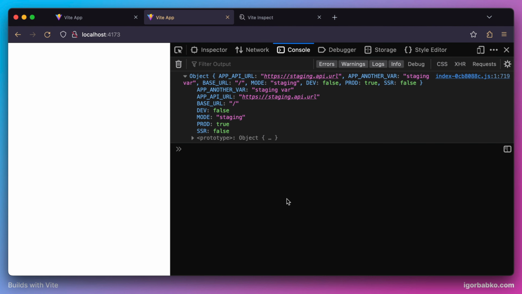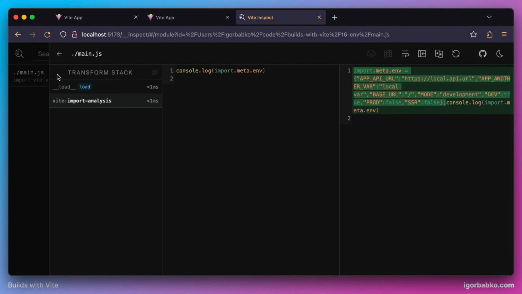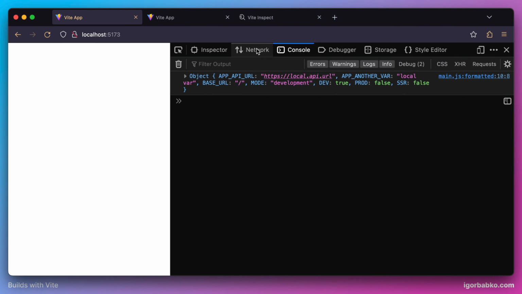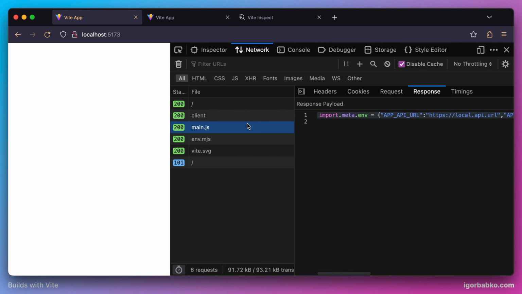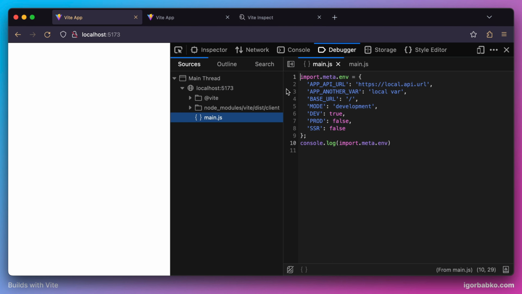And now in our inspector, let's take a look at the transformation that Vite has applied to this line when we are printing all environment variables in the console. So basically it took this line and assigned an object with all environment variables to the property .env. And if we take a look in the browser, it will be more clear. So let's take a look at the content of the main JavaScript file, and right here we can see that an object with all environment variables was assigned to the .env property,